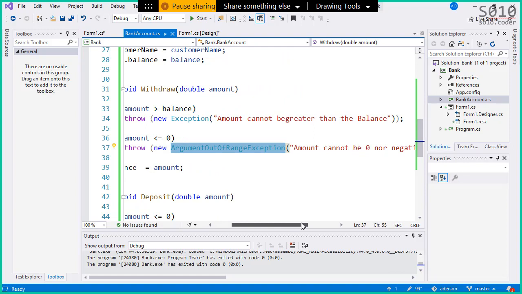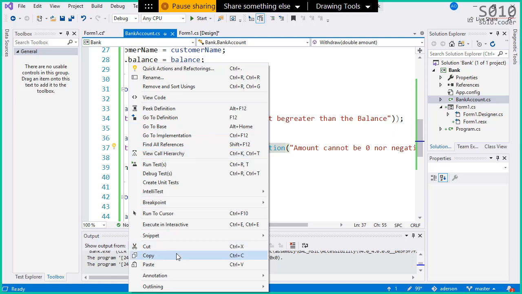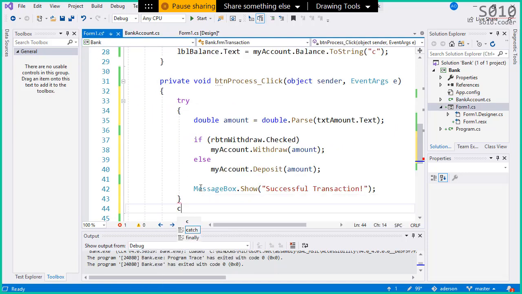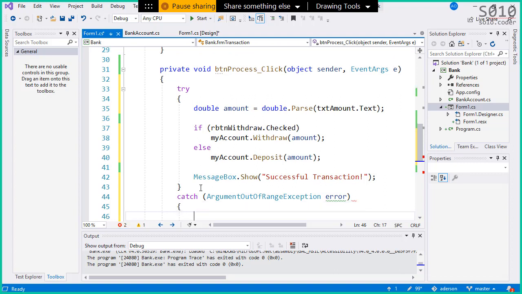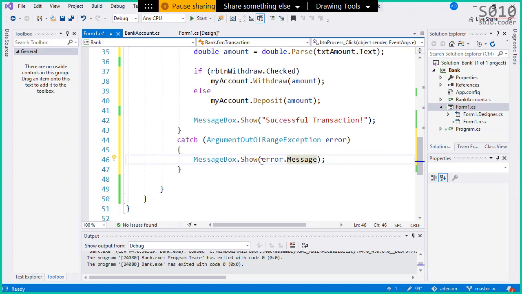Okay, so let's catch this one. Let's start by catching this one. I'm gonna say catch argument out of range error, and what I'm gonna do is I'm going to show a message as well. I'm gonna say error dot message. I'm gonna call the message of our error. Okay,